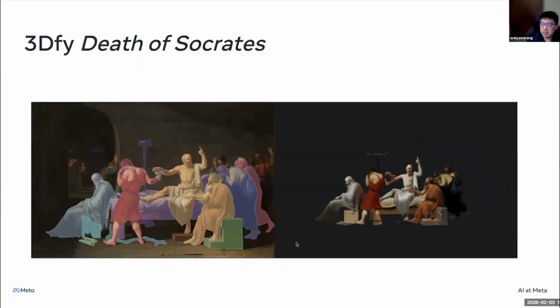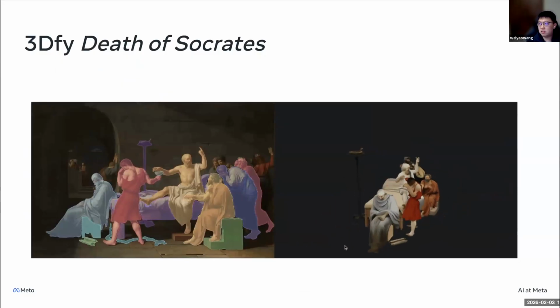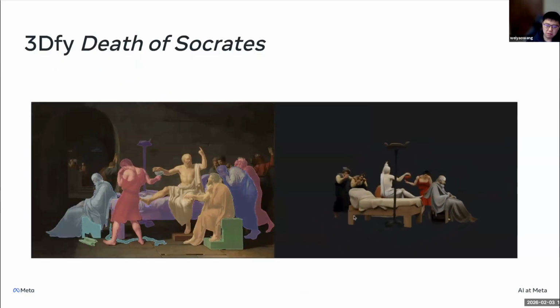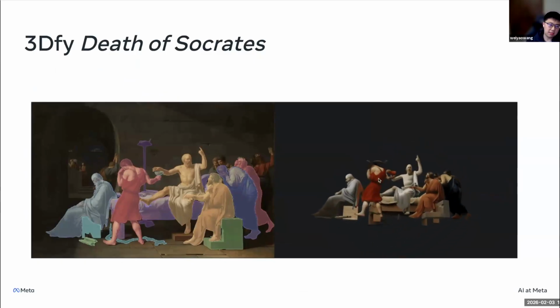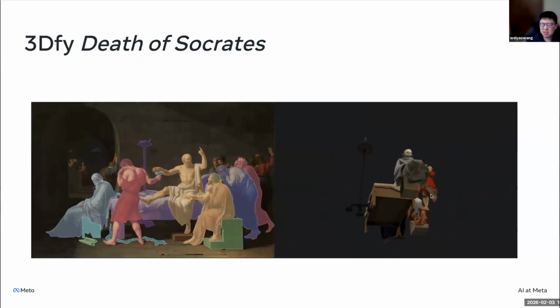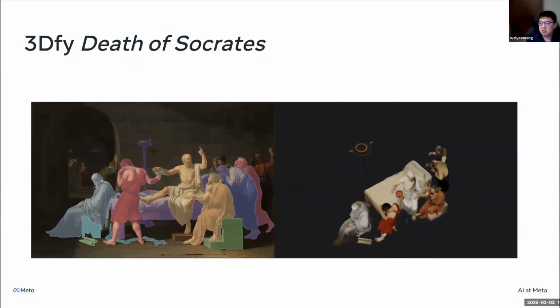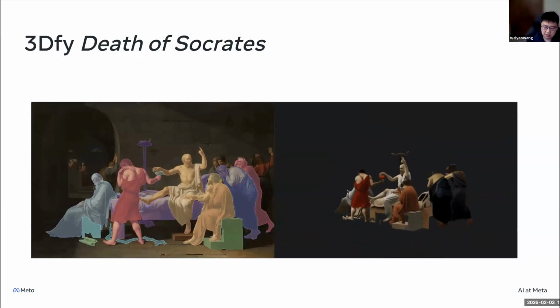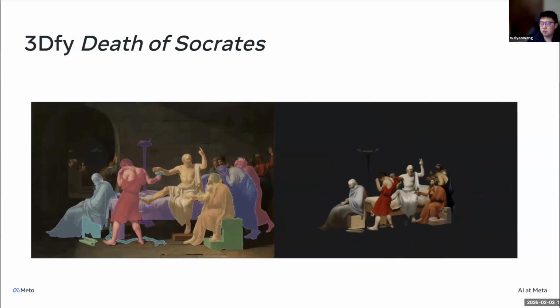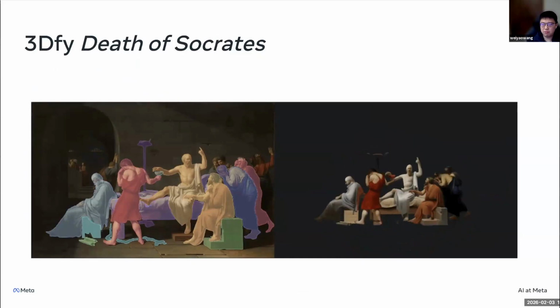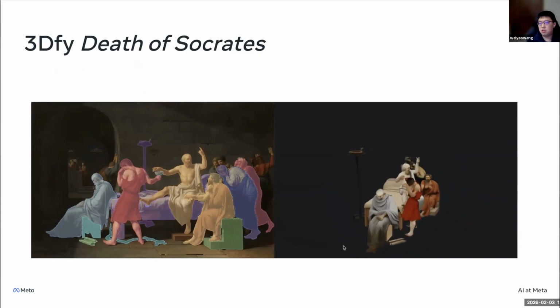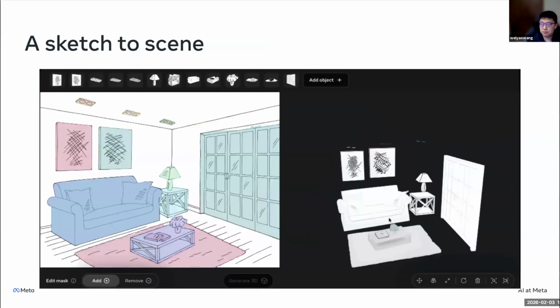I want to show a couple of fun examples to close this conversation. These are examples we tried while building this. We ran SAM3D on the famous painting, the Death of Socrates. And the result is kind of surreal to us. You get this almost immersive 3D scene lifted directly out of the 2D painting. It's definitely not a use case we trained for. We don't have this type of data during collection. But it's so pleasing to show how strong the model becomes.